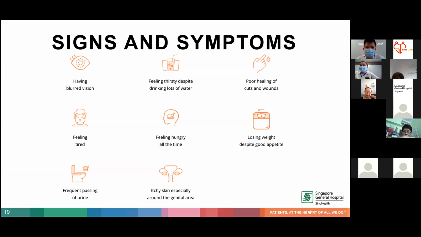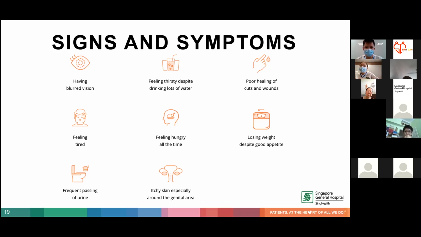So I was saying some of the signs and symptoms. Some of the signs and symptoms include feeling tired and feeling hungry most of the time, even after a meal. After you have eaten, you still feel hungry. Another sign is that sometimes you stand on the weighing scale and feel, hey, how come I'm losing weight? Some people have the misconception that people who are obese are likely to have diabetes, but that is not necessarily the case, because some people may lose weight because their body is not absorbing sufficient glucose. That's why they are still losing weight.